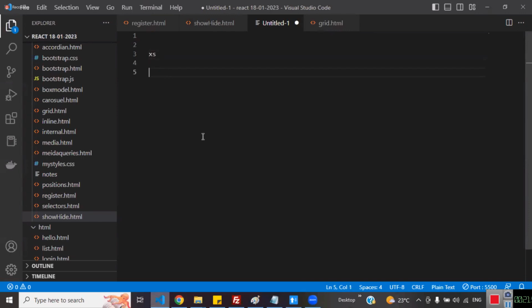Resolutions: XS, SM, MD, LG, XL, XXL. By default, an element is visible for every resolution. But our requirement is to show it only for XS. Remaining all I don't want to show. So can I write like this,